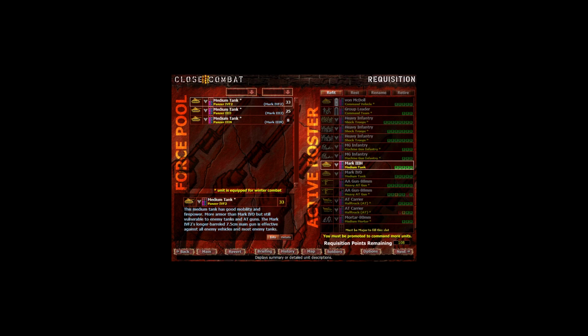Medium tank, Panzer IV F2. This medium tank has good mobility and firepower, more armour than Mark IV-D, but still vulnerable to enemy tanks and anti-tank guns. The Mark IV F2's longer-barreled 7.5 cm main gun is effective against all enemy vehicles and most enemy tanks. The team is equipped with